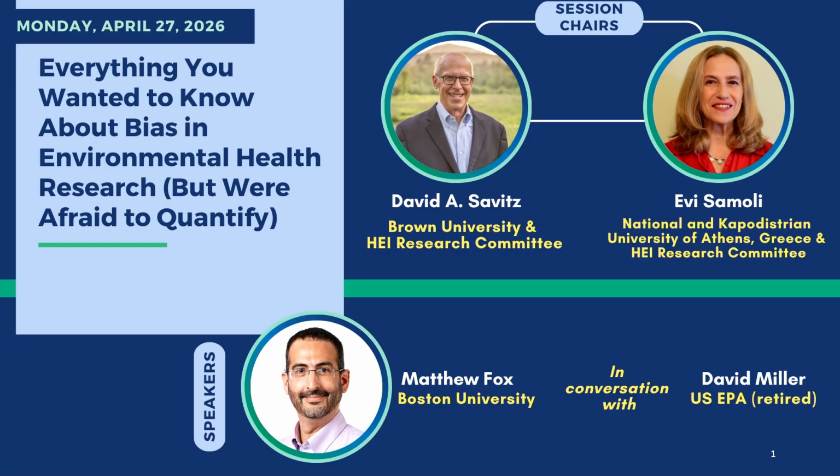Got it. Okay. So we're going to talk about quantitative bias analysis, and what these are, as David said, is a set of methods in which you can quantify the impact of sources of residual systematic error. So you do your study, you've got these different sources of bias, and you want to know not just, is there a bias, but what is the likely impact in terms of, as David said, direction and magnitude. Now, we've been working on these methods for quite some time, and David's been working on them as well, and so we wanted to have a conversation to talk about those.